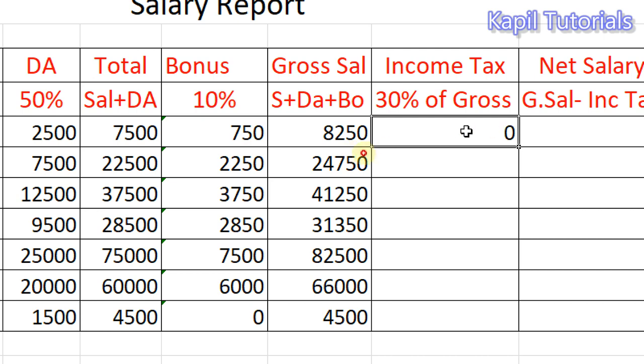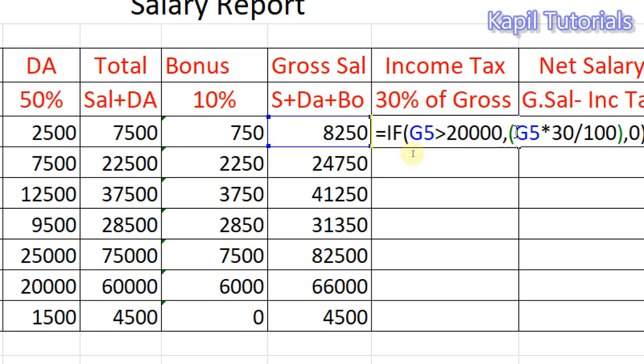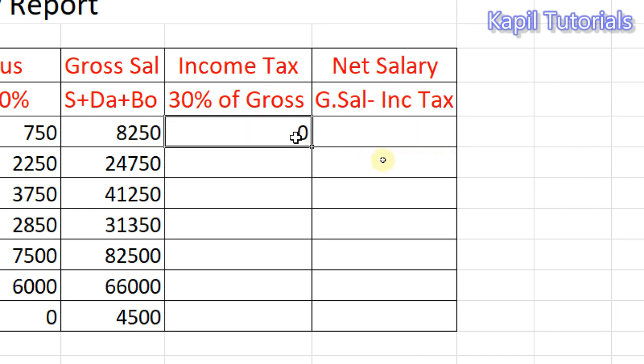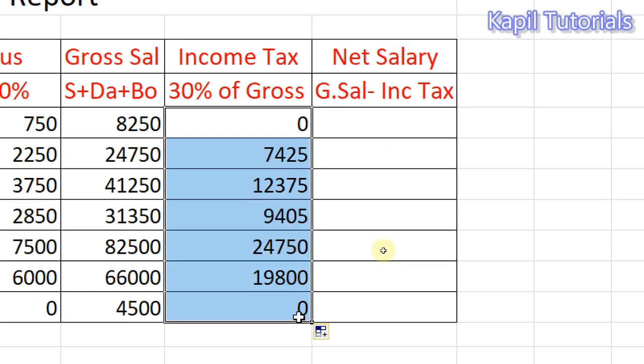So according to the formula we have calculated, if G5 is greater than 20,000 and this condition is not meeting that criteria, then it is 0. We calculate 30% only if it meets the condition, otherwise 0. But as we drag it down, in other cases it will calculate, like here, here, here, here, and here again the salary is very less, so no income tax.